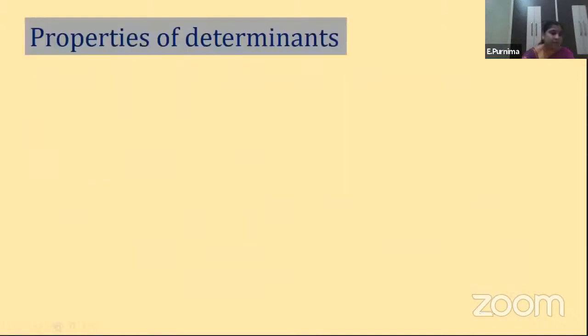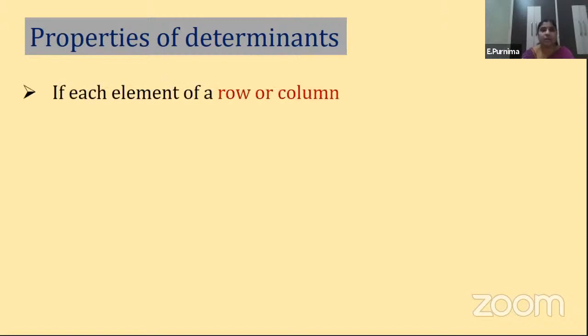Clear? So now here, let us see the properties of determinants, children. Very important one, because based on this you have an exercise, children. Very important sum. It is very important for your 7 marks question. So you need to solve those determinants. You need to know a few very important properties that I'm discussing in today's session. So let us see what are those properties.